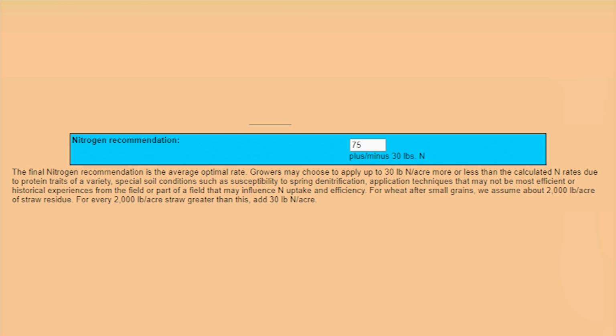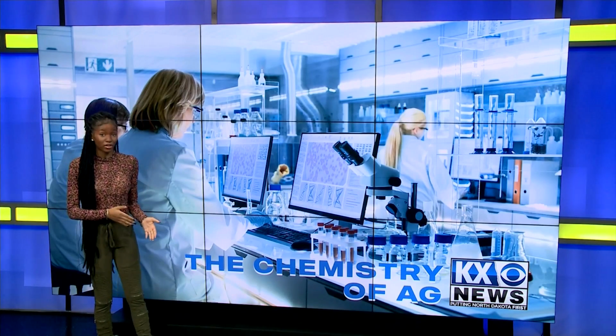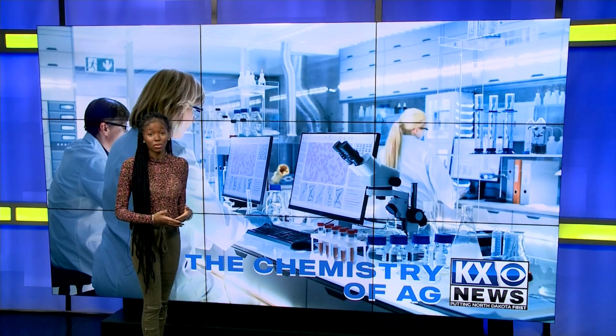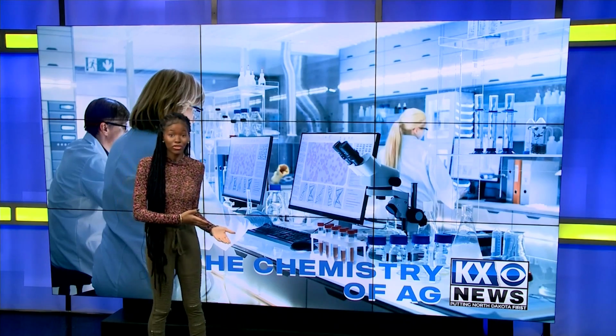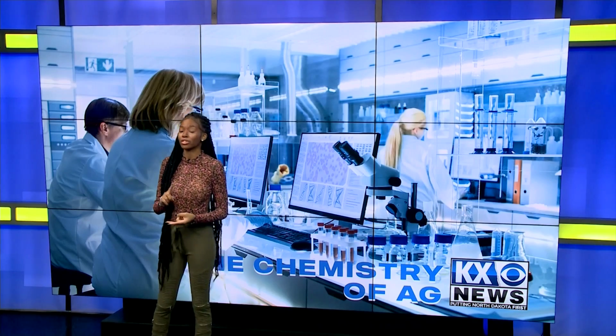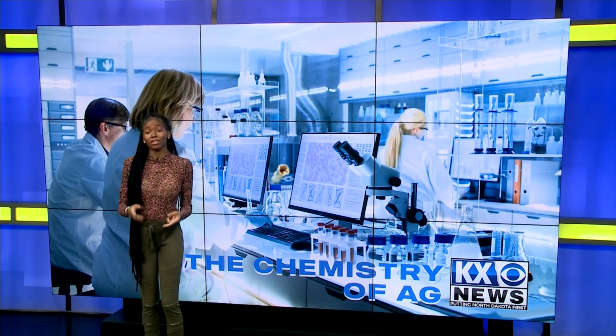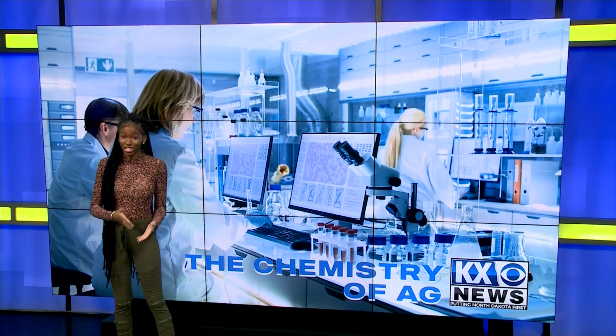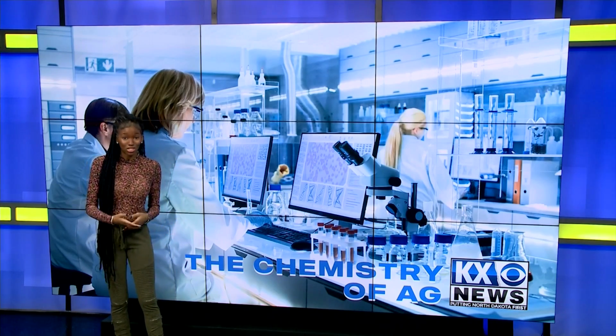grain from your field. Increasing organic matter can help slowly build those nitrogen pools, so over time as it builds up, we can eventually use it and benefit from it. Without nitrogen, there is no chlorophyll. Without chlorophyll, there is no photosynthesis, and we need photosynthesis to make food. In other words, without nitrogen, we aren't able to feed the world, and there would also be a lack of